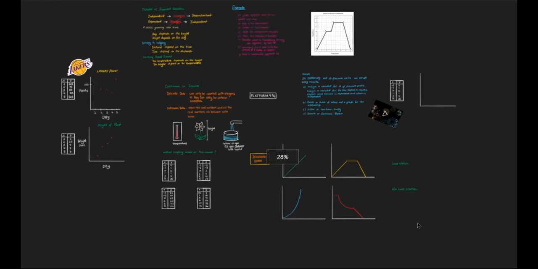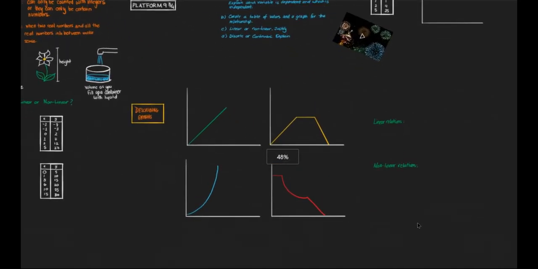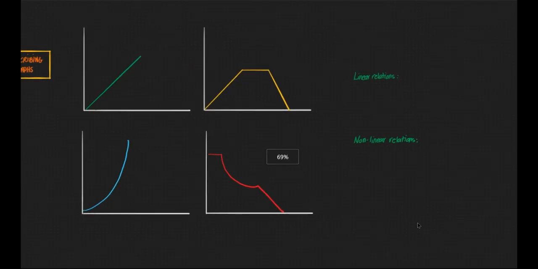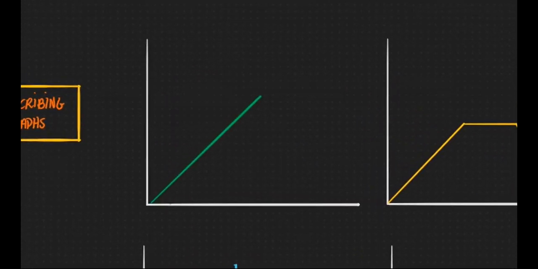Hey there, so today we are going to be talking about describing graphs. So the first thing we're going to do is look at these graphs, and in particular we're going to look at how these graphs can be described in terms of rate of change. So I look at the first graph here. I have this nice little line right here, and I want to say, how does the rate of change